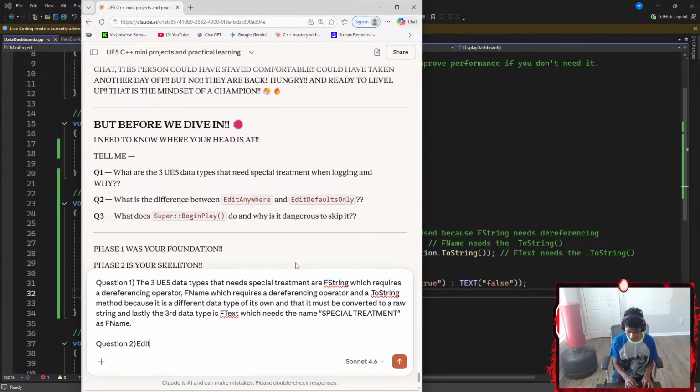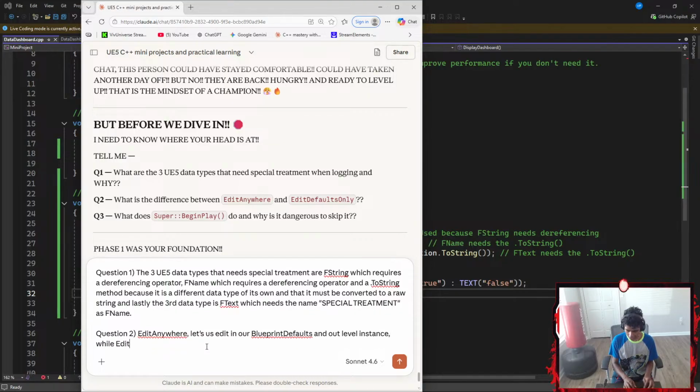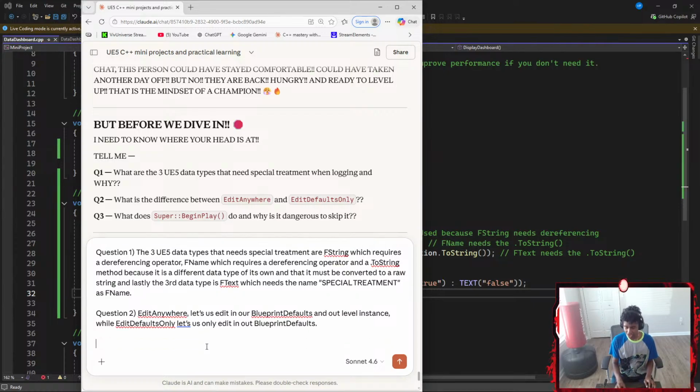Edit Anywhere lets us edit in our Blueprint defaults and our level instance, while Edit Defaults Only lets us only edit in our Blueprint defaults. Okay guys, this is actually getting very tricky to phrase.